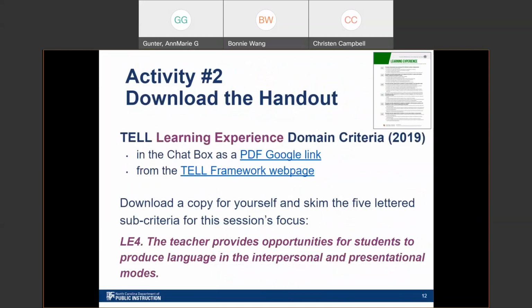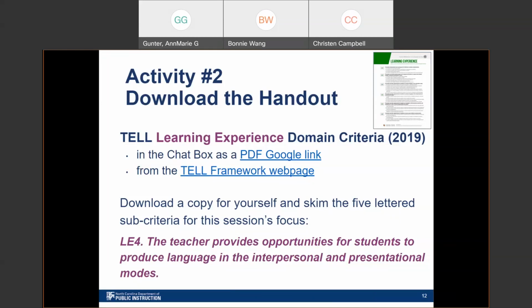Another thing I have to do is share our handout for today, that learning experience document from the TAO project. The TAO learning experience domain criteria were published in 2019, but actually this was sort of a second edition. The TAO project has been in existence for almost 10 years. Some of you may know already that the first documents from the TAO framework were published in 2014. About 5 years later, after taking much feedback, they revised them and published them in 2019.